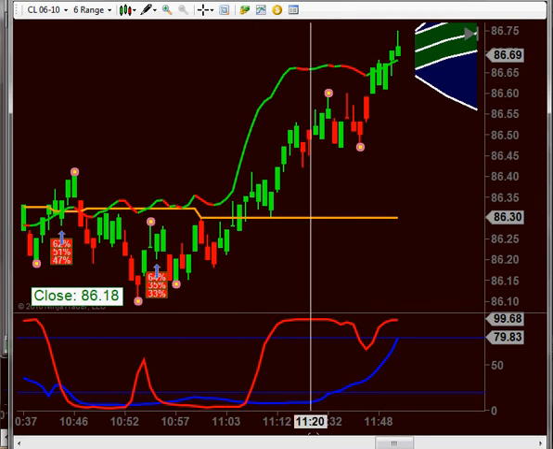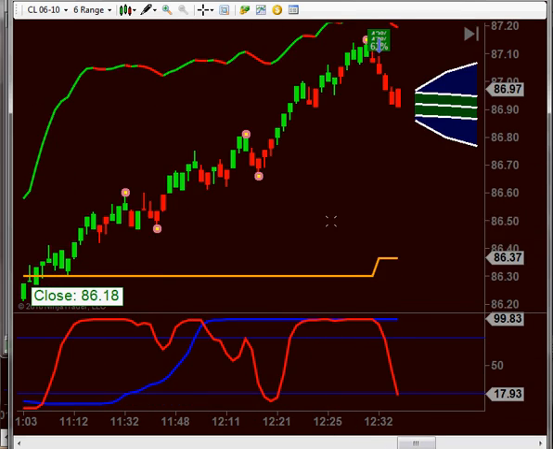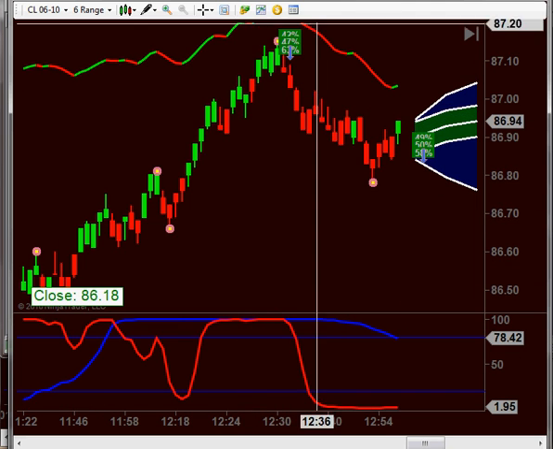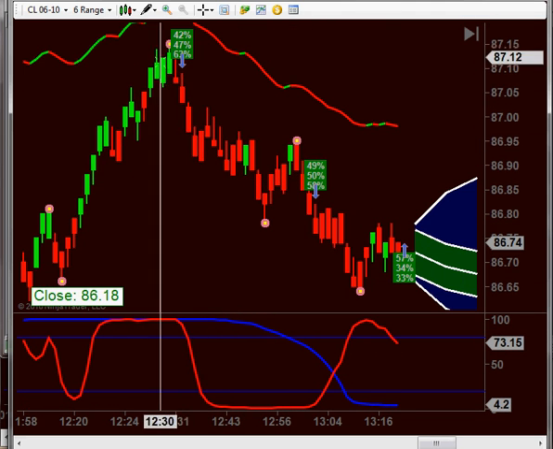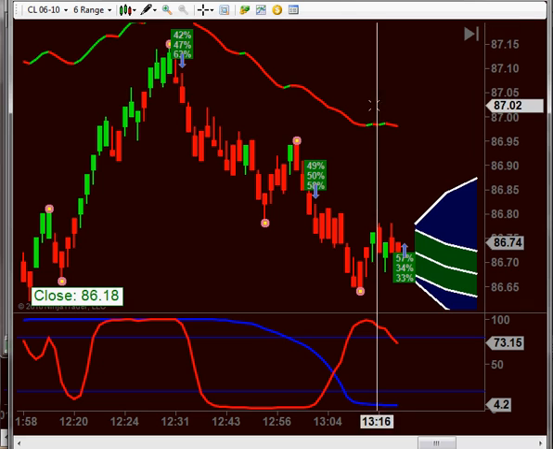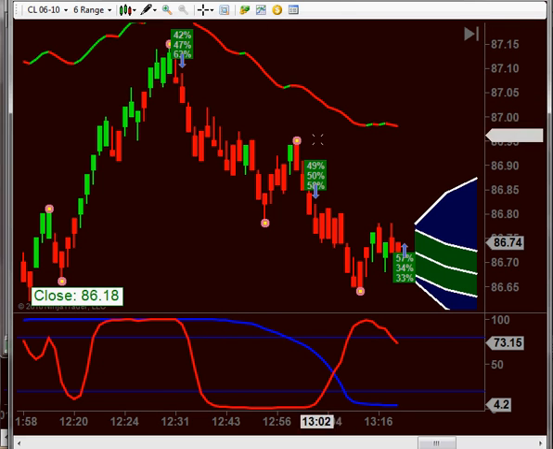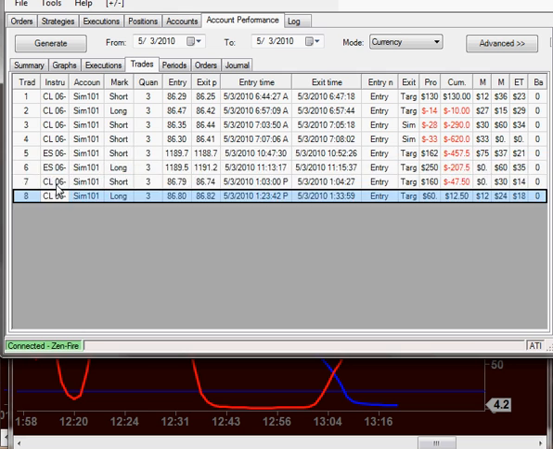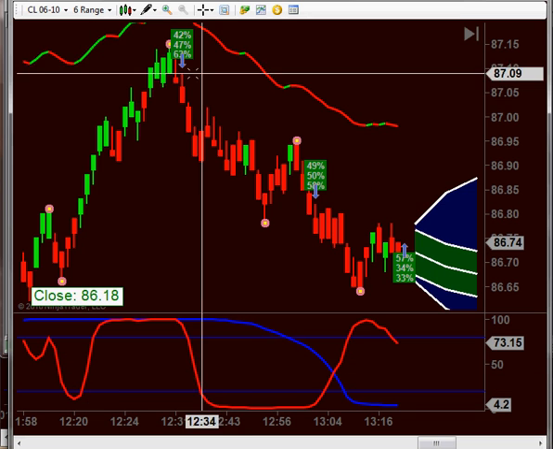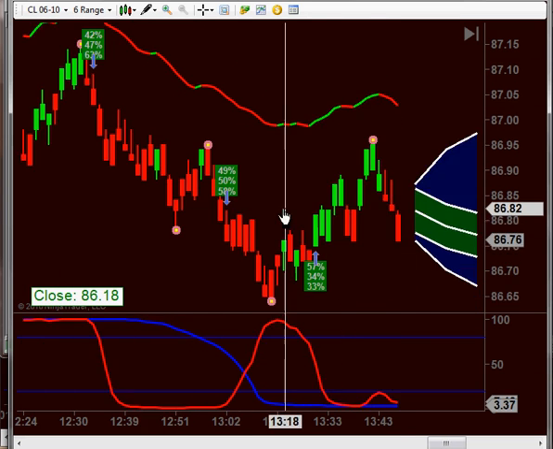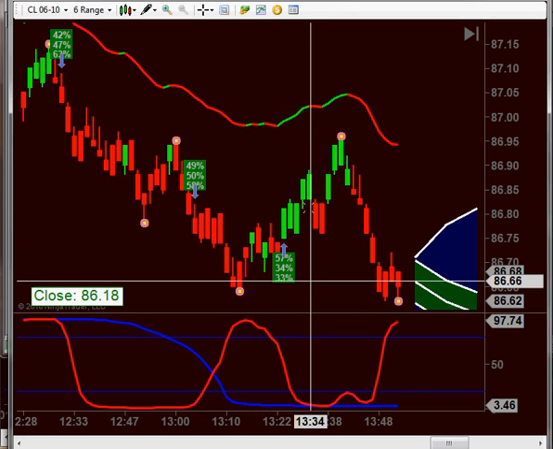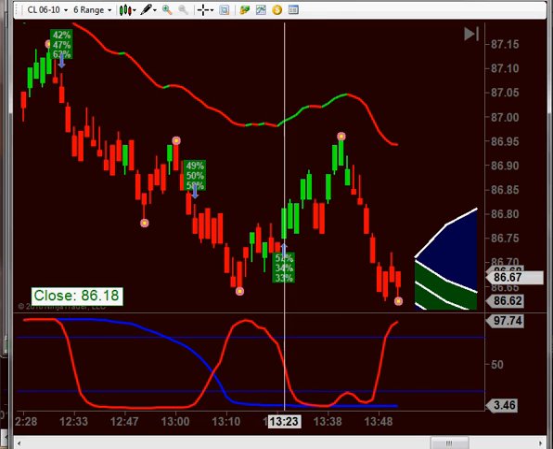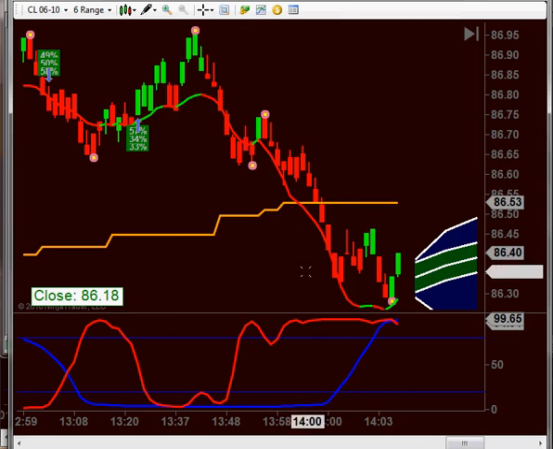So the day went on, and this green signal turned out to be very profitable, and it's something I actually took in real time. Those later trades that I showed you, not here but here, my later CL trades were exactly that. It was these signals over here, and it got me out. I also think I missed this one, which would have made me very profitable.